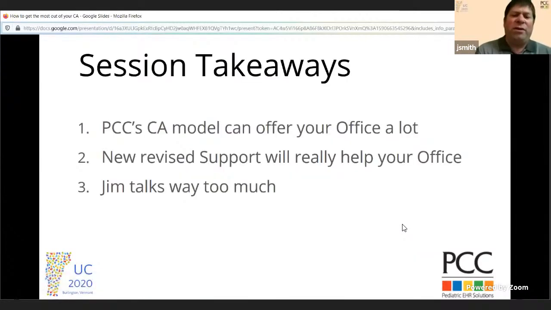The session takeaways. The PCC CA model can offer your office a lot, as you just heard me speaking about. We can offer you a whole host of topics, like what is going on in the current marketplace with all this COVID.